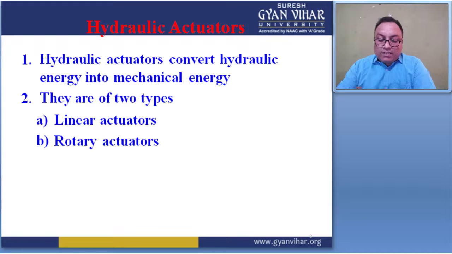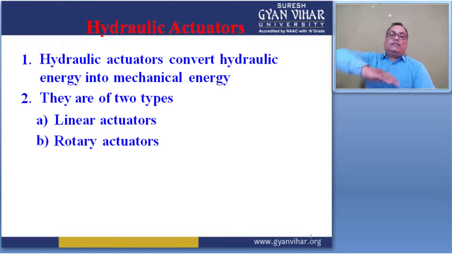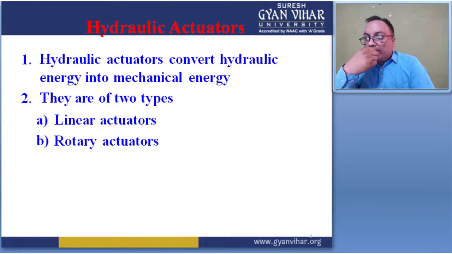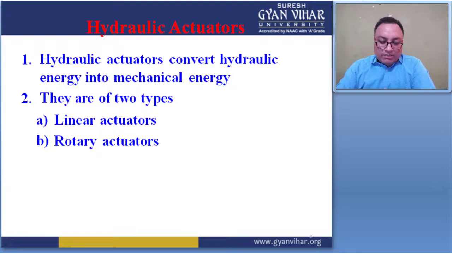Sometimes this type of function is compared to the human body. Suppose the hand is one type of actuating unit, but the movement of the hand has 6 degrees of freedom, right? In the case of an actuator, it can produce only 2 degrees of freedom, meaning left and right or up and down movement. This depends on the situation of the hydraulic actuator.